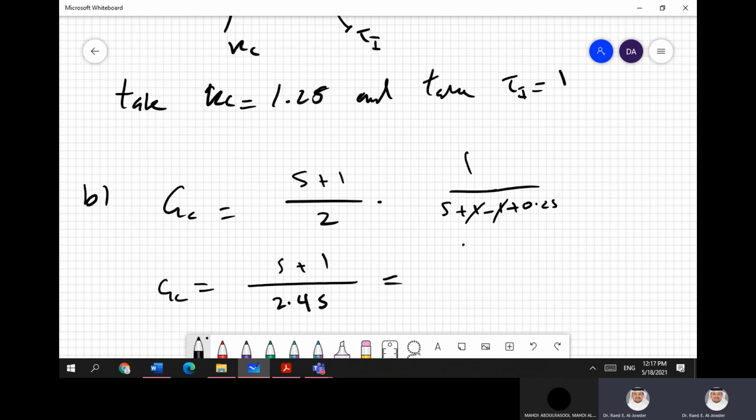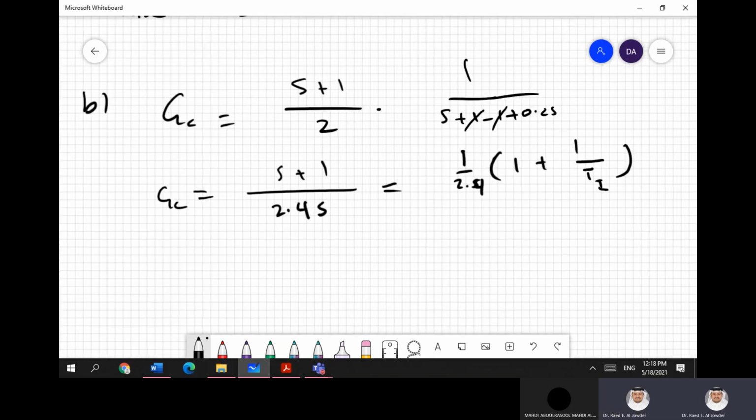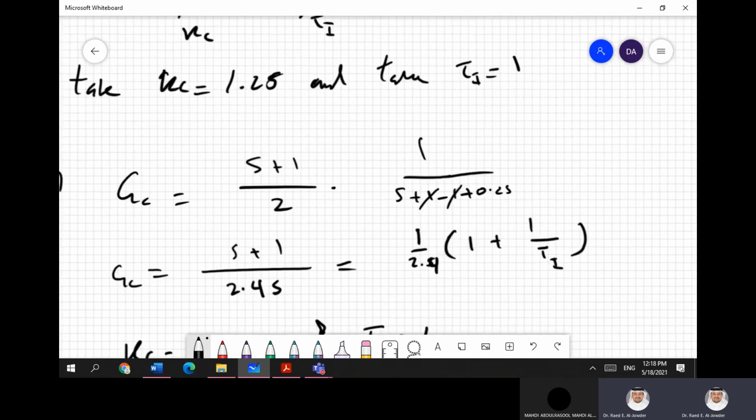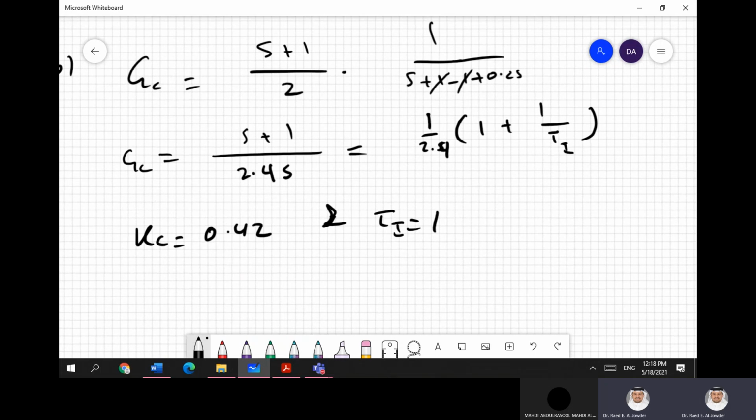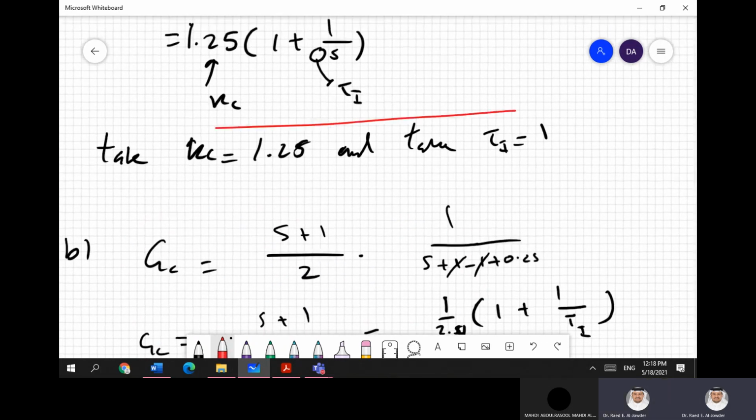2.4 S, and then you separate 1 over 2.4, take common factor 1 plus 1 over tau I. So in this case, Kc is equal to 1 over 2.4, which is equal to 0.42. So Kc is equal to 0.42, and tau I is equal to 1. As you can see, tau I has not changed because tau C is only affecting Kc. So this is B, this is A,